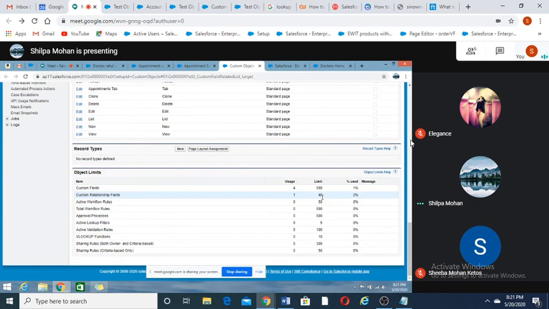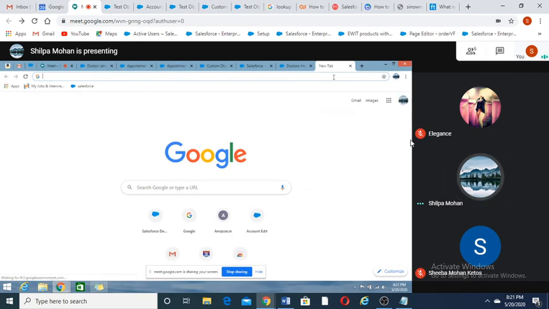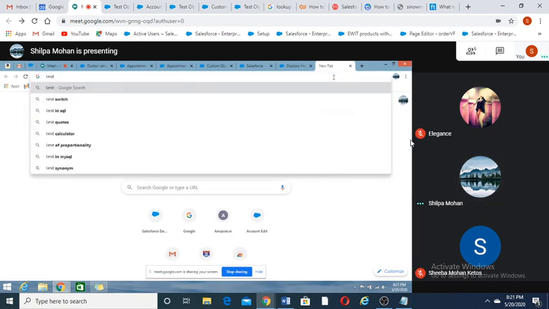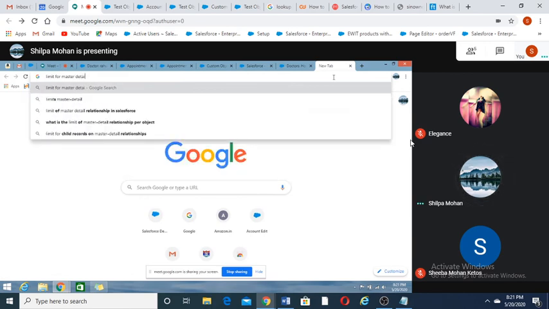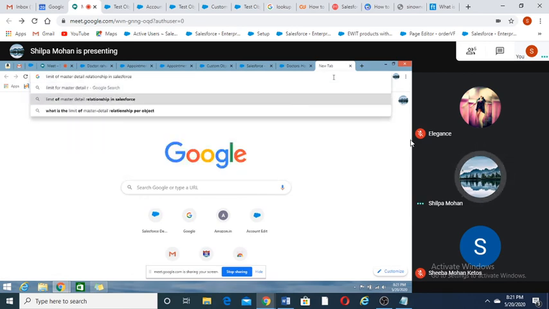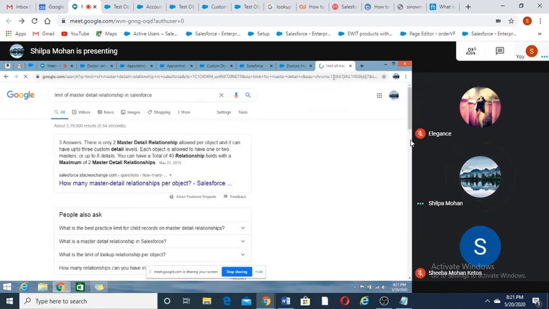I think you can just check it on Google, because in Salesforce we are having editions. Okay, so here there are only two master detail relationships allowed per object, and it can have up to 3 custom detail levels.